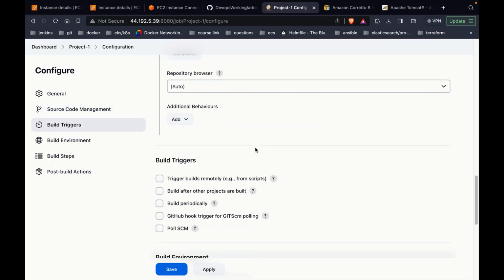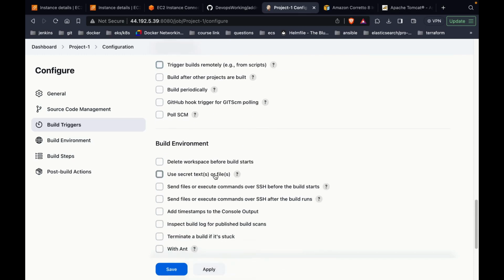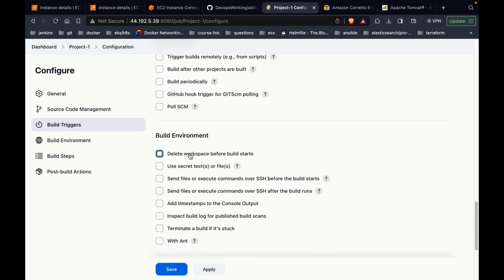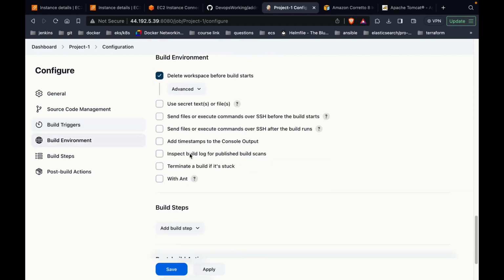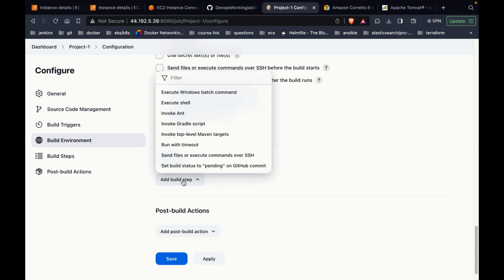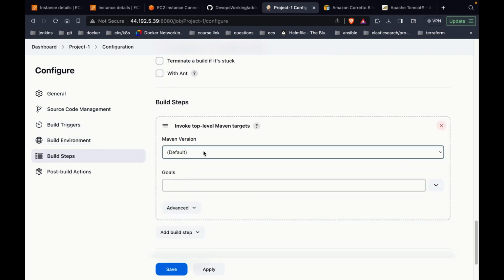Moreover, if you want the build triggered periodically or automatically, or remotely, you have to choose the options accordingly. Now, before that, delete workspace before build starts, which removes the cache. Select this. Now in the build steps, you have to invoke top level Maven targets,